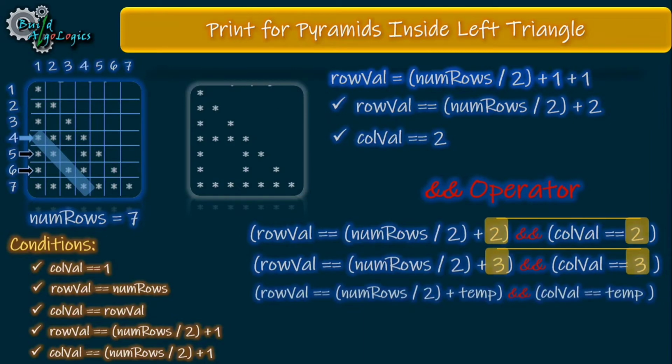So by looking at these numbers as they are same here, we can use one temp variable here like this, and this temp variable will always start from 2 as we know that, but this value only increments, so I will initialize it with 2 and use this variable here. And after each row, increment this temp value by 1 as it is incrementing here, but this value is only incrementing when these conditions are true. So let's give it a try.